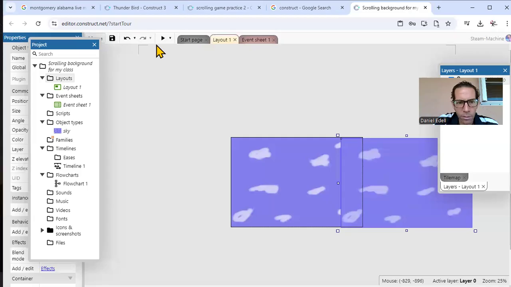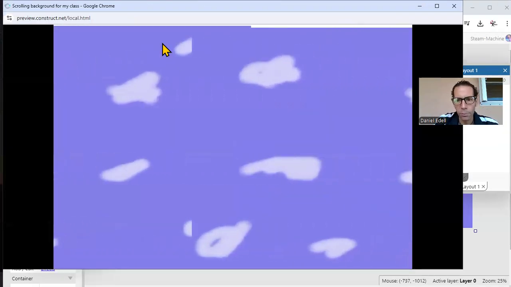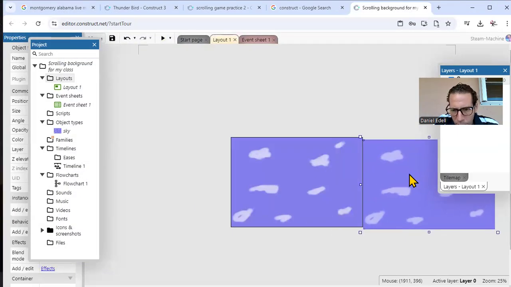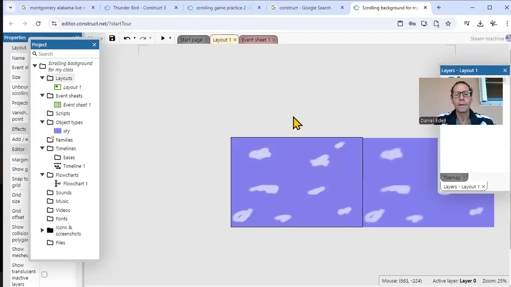Because if I go like this, there's going to be a bigger space. You see, like right there. So you see what I mean? You just got to match it up nicely. Right? So something like that. Now,